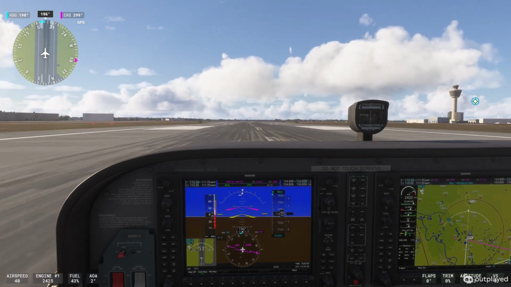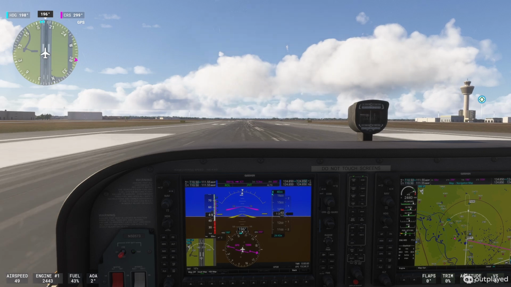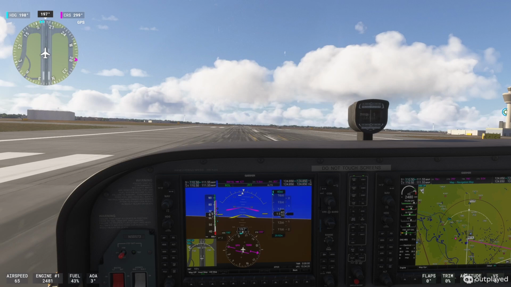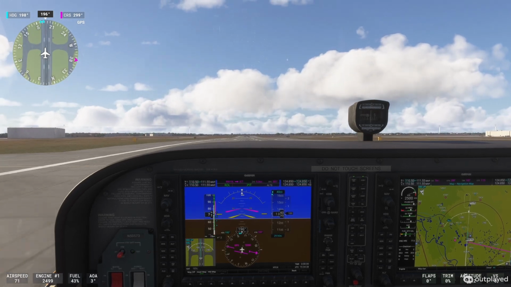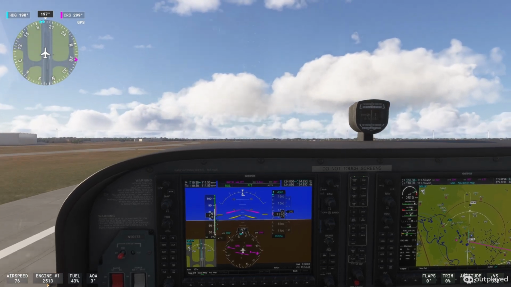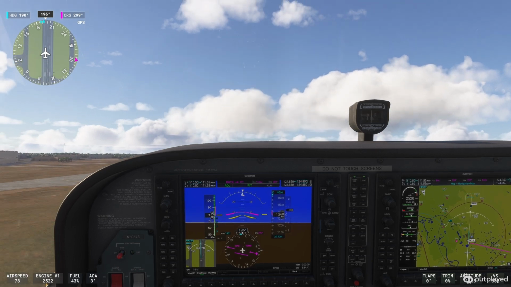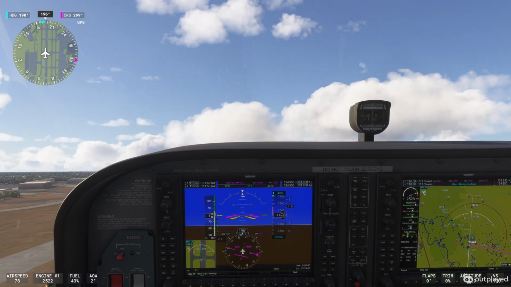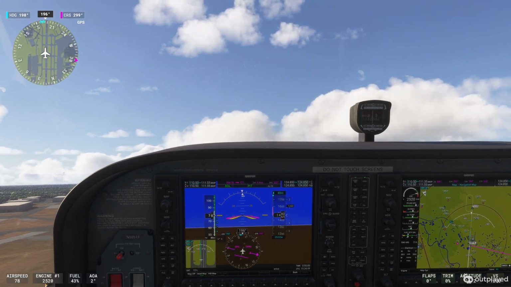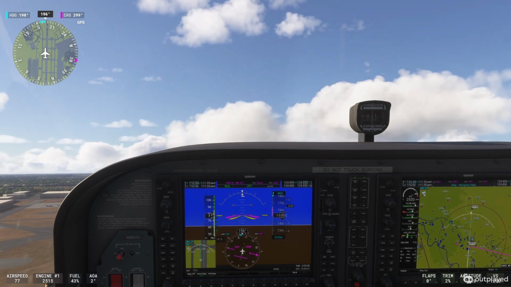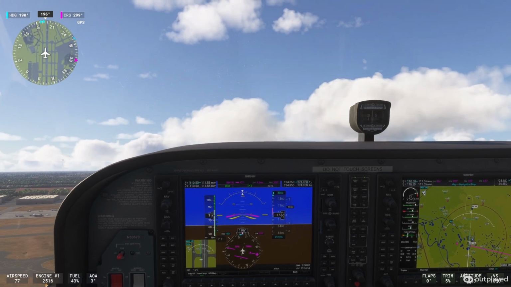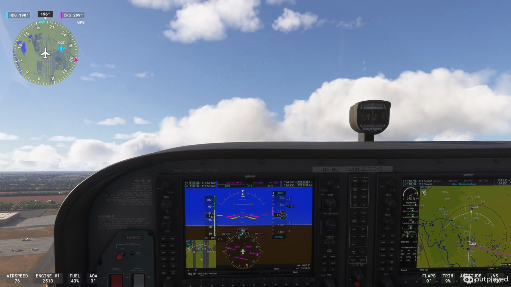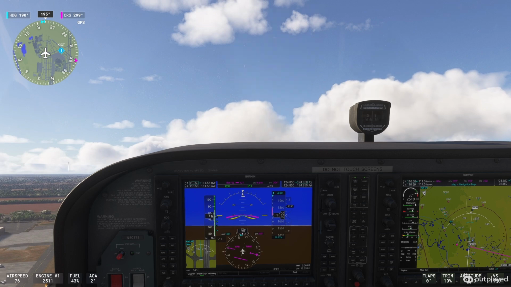Airspeed is alive. There's rotation speed. A little bit of back pressure. Plane's climbing. I'll pitch it for their calculated VY. I do think that their calculated VY might be a little bit off, or the VYs have changed. It used to be 79 knots in the 172 Rs I used to fly, so I'm surprised to see it down there at like 75. But